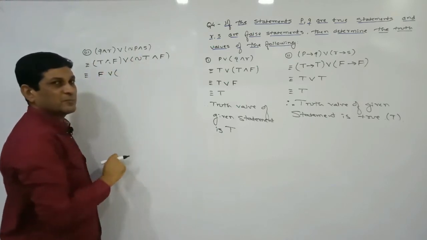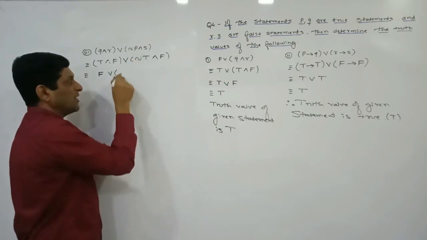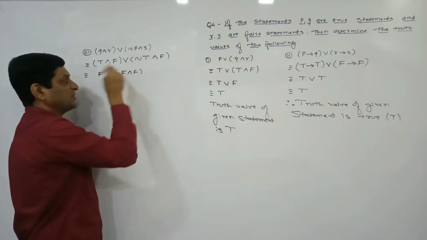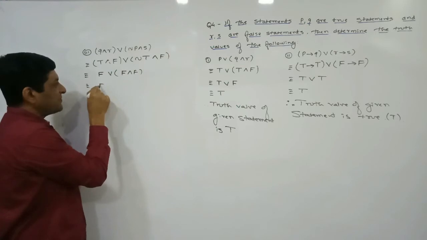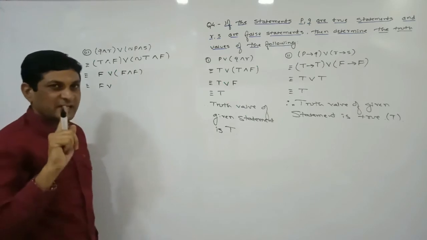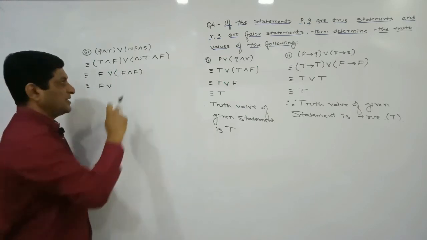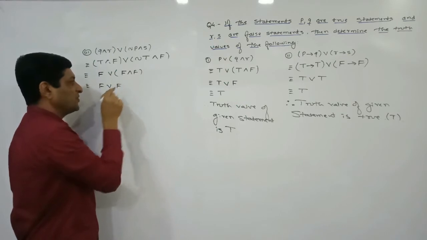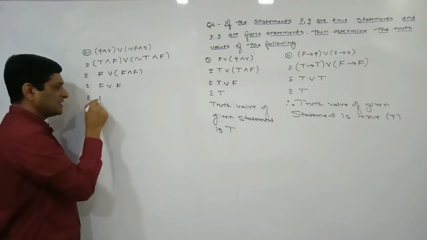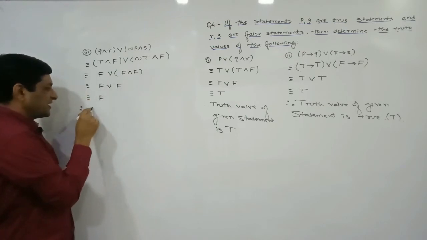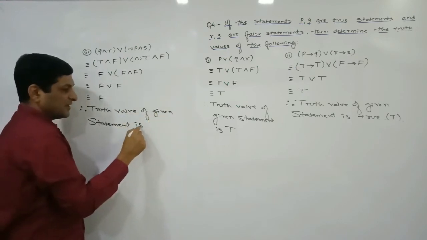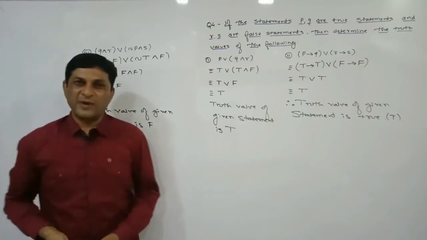Now to simplify this bracket, first we have to find the negation of true. And what is the negation of true? False. And keep the false as it is. Just the negation of true is what? False. Keep the first part F as it is, OR also as it is. Here two parts are connected by AND, and in case of AND, if at least one statement is false, AND will be false. So here both are false, so the result will be false. And in case of OR, if at least one statement is true, the result will be true, but here both are false, so the result will be false. So therefore the truth value of the given statement is F. In this way we have got the truth value of this statement.